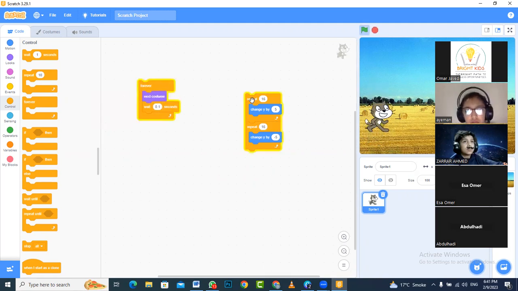We want this to happen when we press a button. When is the cat going to jump? The cat is going to jump when you press the button. So we want this to be used with a button. If you want to use a button on the keyboard, what you should do is,